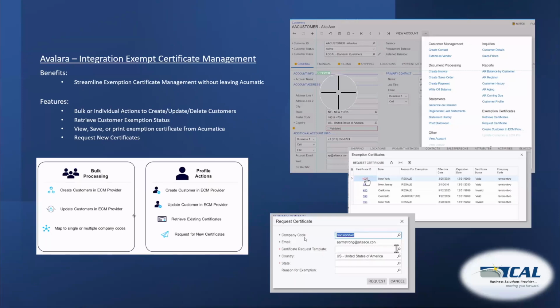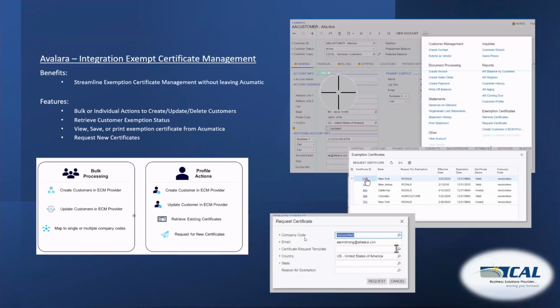You can retrieve your customer's current exemption status. So when you are in your customer card, you can go ahead and retrieve certificates. When you retrieve that certificate, it opens up this exemption certificate window where they have multiples, because they do business in multiple states. You can click that hyperlink, and it will actually open up a copy of that PDF exemption certificate right there